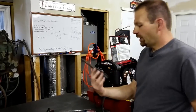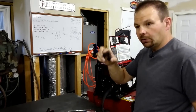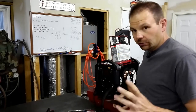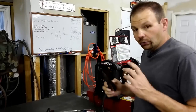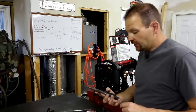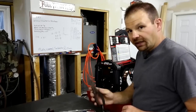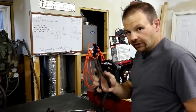The instructions say to use a pair of needle nose pliers to help get the connector in there. When you're looking at your kit, it's the connector to the board plugged in. It says to use these. Now, I don't know if these are just too big or what, but these were useless in trying to get